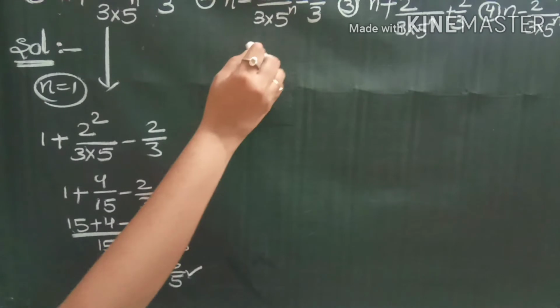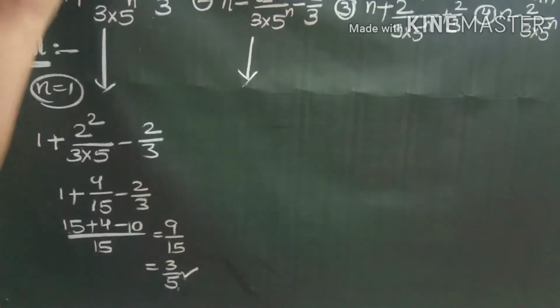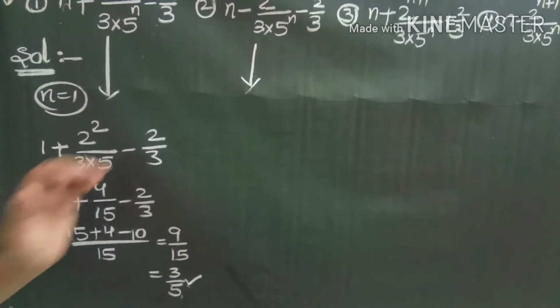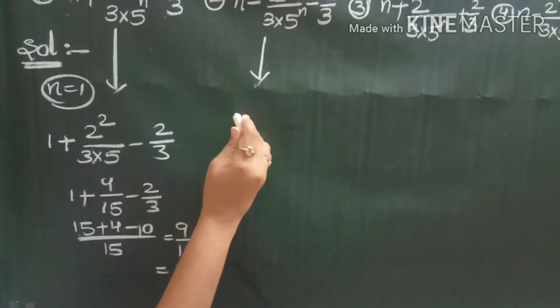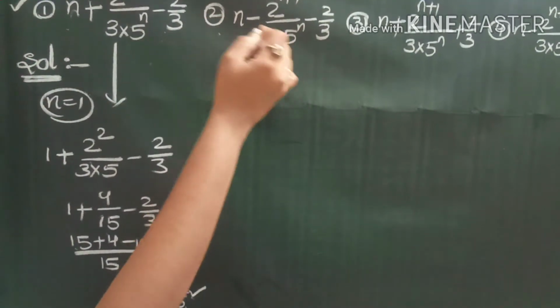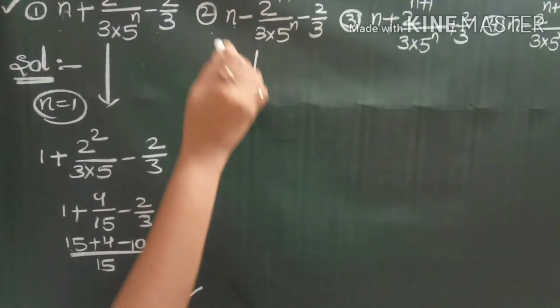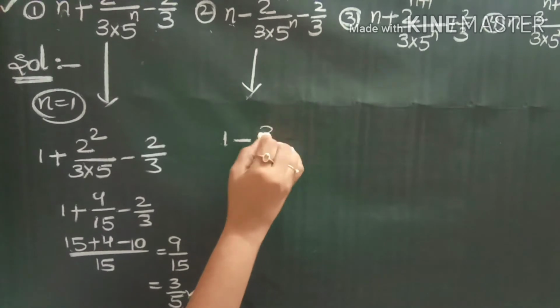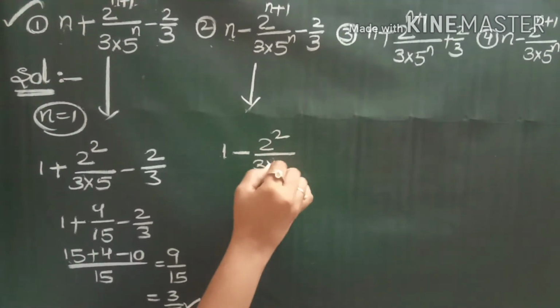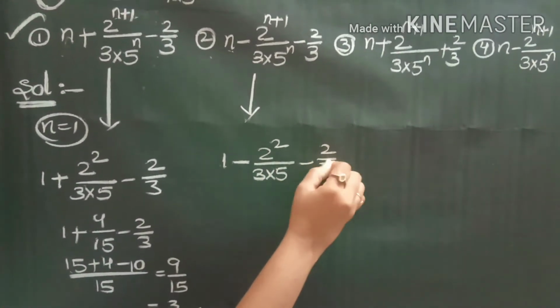Now we check the second option here. Of course, the first option is the correct answer, but I check the remaining options also. So n is equal to 2 means the second option. For the second option, we take n is equal to 1 here. N is equal to 1 means 1 minus 2 square by 3 into 5 minus 2 by 3,